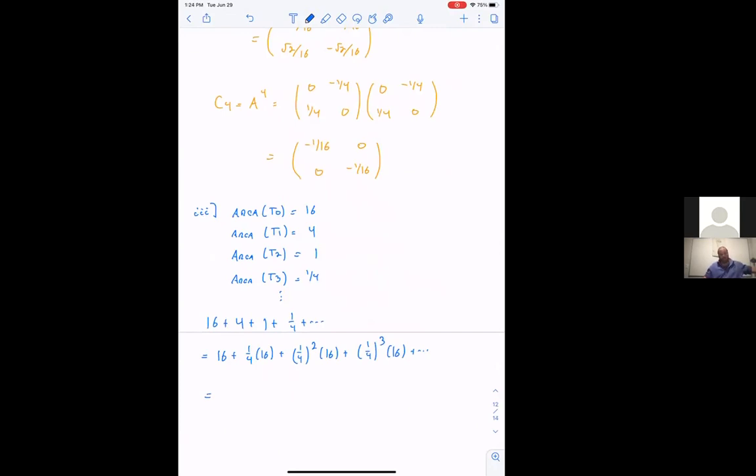Whether you've done the chapter on geometric series or not, you can recognize this as a geometric series, because each term is the common ratio times the previous one. You start with a number, multiply it by something to get the next, multiply by that same thing to get the next. So it's 1/4, 1/4, 1/4, 1/4. If you look at your formula guide